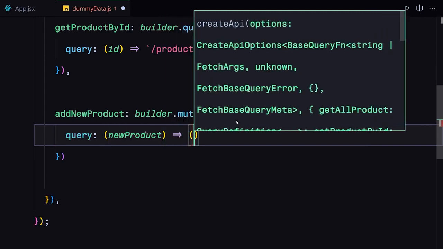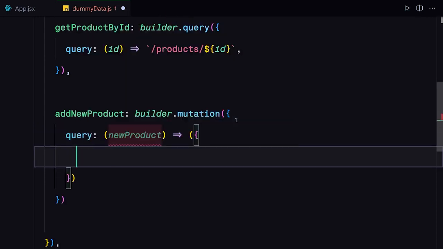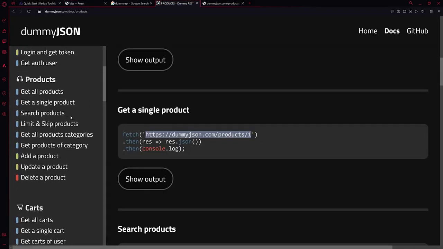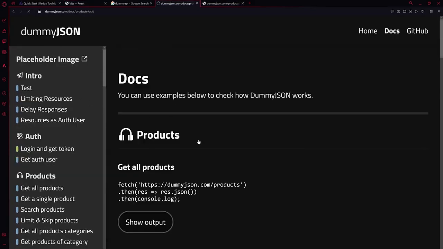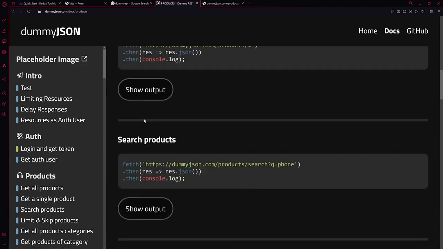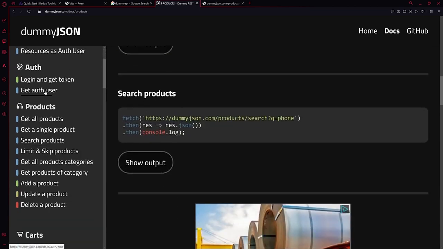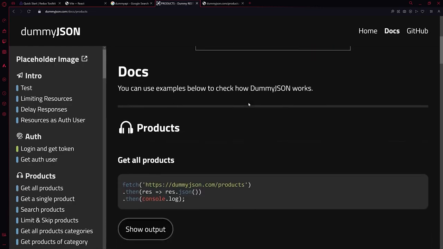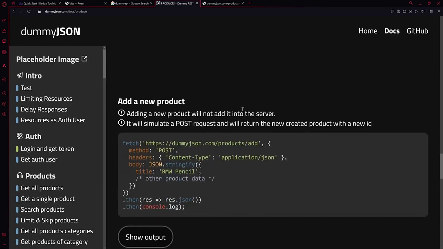And now let's provide our object once again, and here we're going to be passing the URL, and the URL in this case will be set to this product. Now let me show you that we're going to be sending our request to. So here you can see we have add a new product. Here you can see get a single product, not this one, but add a product. How are we going to be doing that? Now let me click on that, and yeah, here you can see